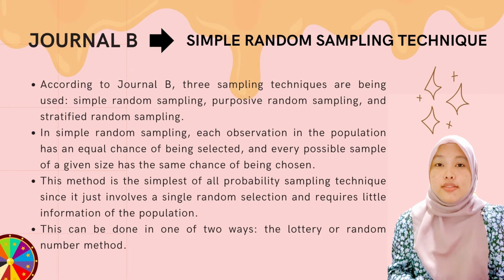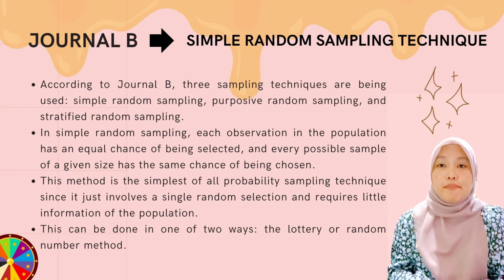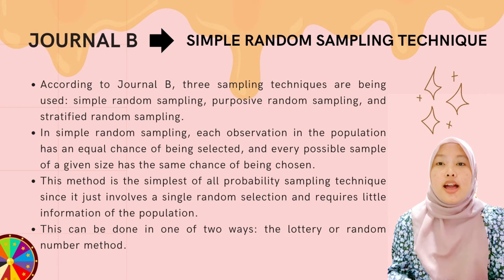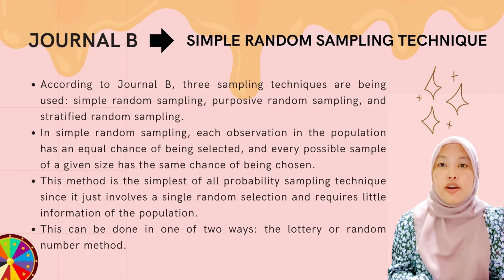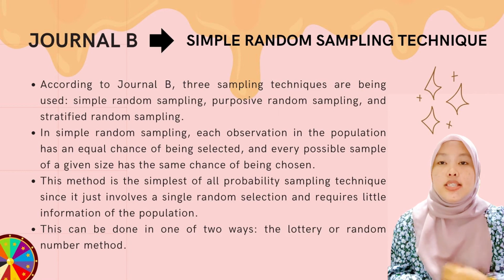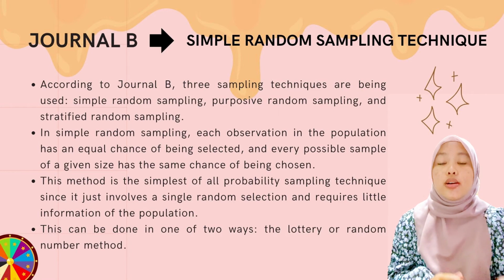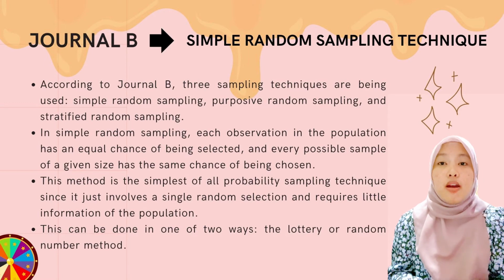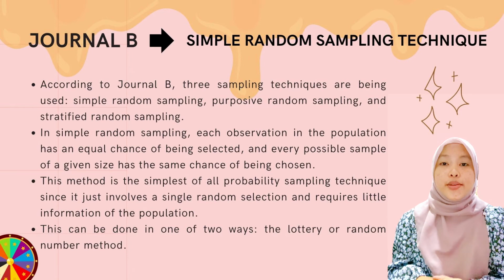The lottery method is the most primitive and mechanical example of random sampling. In this method, you number each member of the population consecutively and write the numbers on separate pieces of paper. These pieces of paper are folded and mixed in a box. Lastly, samples are taken randomly from the box by choosing folded pieces of paper in a random manner.